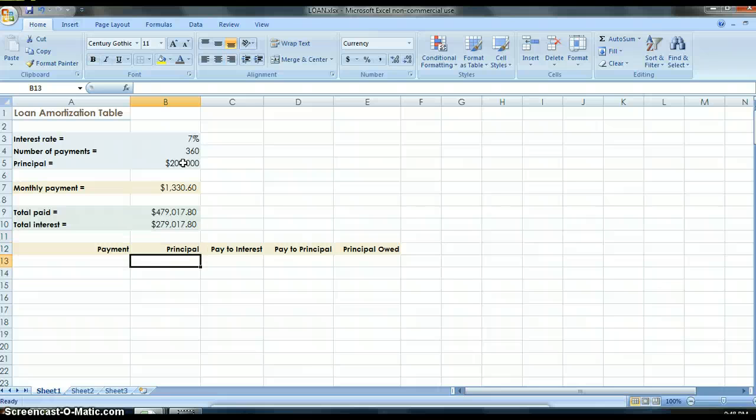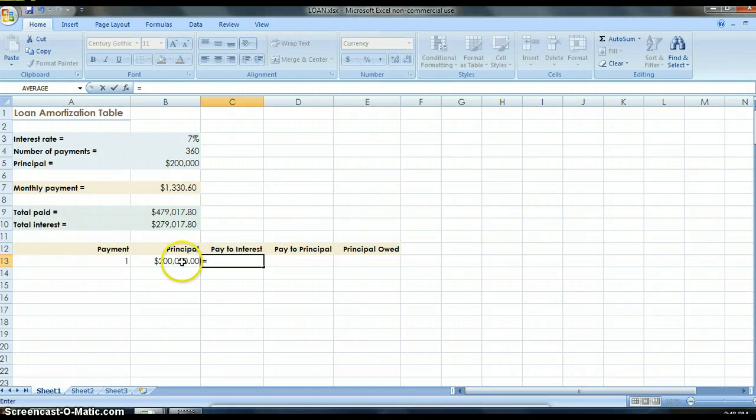So now what we're going to do, we're going to figure out how much of our payments go to which places. So this is payment number 1. Our principal amount is going to equal B5 because that's how much we borrowed. Paid to interest. This is going to be our equal B13, so our principal amount,